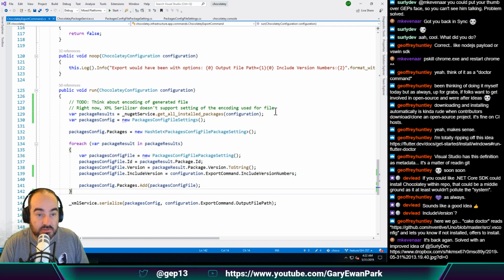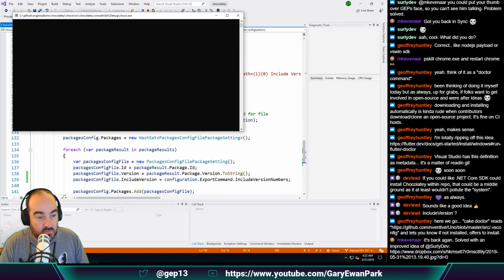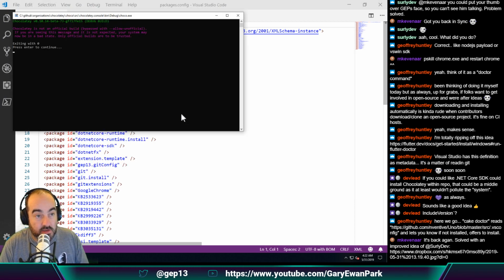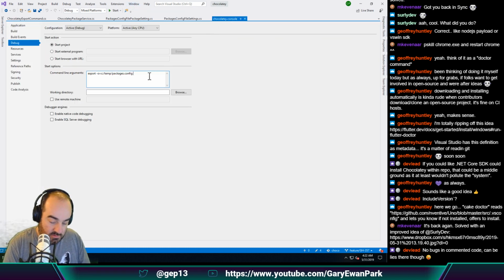Include version numbers is going to be false by default, and that's going to be equal to that, which is false by default. So if I run this again, then in theory, what's in Visual Studio Code shouldn't change. It should just have the ID of the package. Correct? Correct. Now, if I run that command differently, though, with include version numbers,